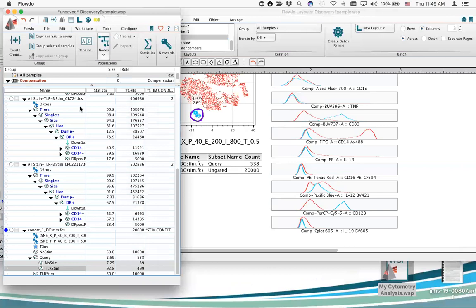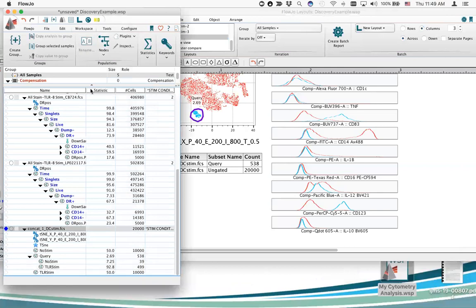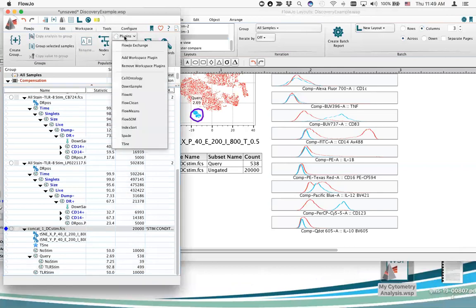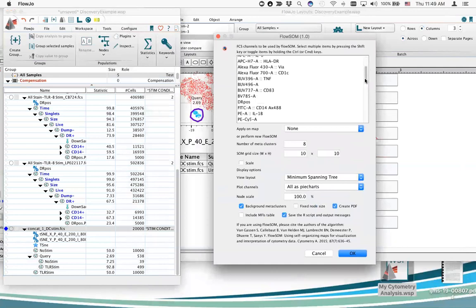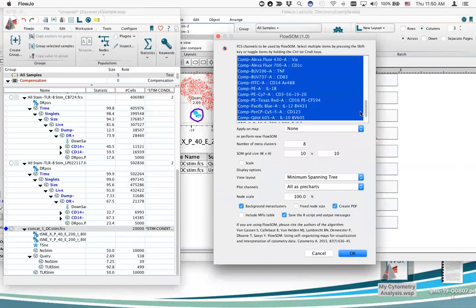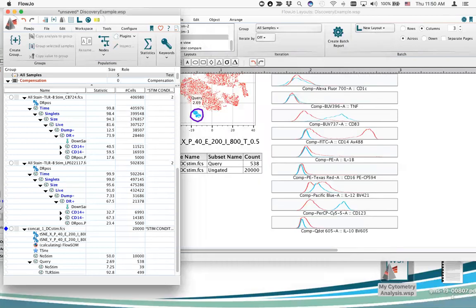I'm going to go ahead and start my algorithm to create clusters using FlowSOM, and then I'll take a look at the question that was posed. Just a second. So I'm going to select from my plugins menu my FlowSOM plugin. Here's the user interface with options. I'm going to unselect my viability and my dump gate, and I'm going to say instead of 8 metaclusters, I want to force it to make 20 metaclusters. You can explore some of the options, but it's okay to just run the defaults